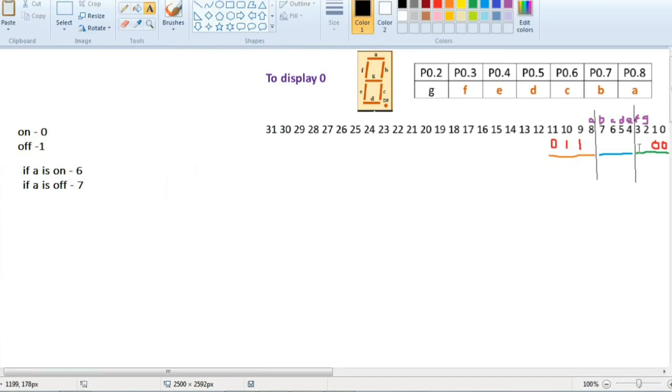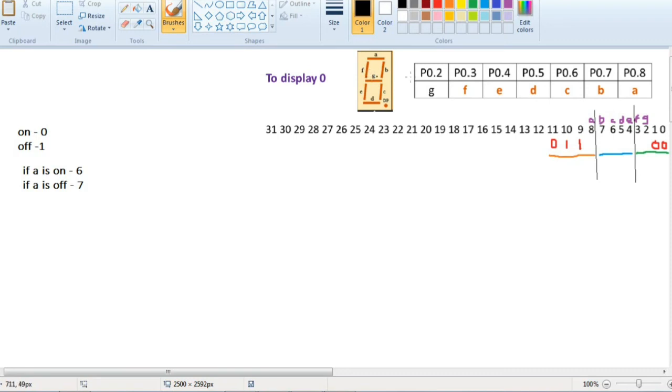In the next one, we have two constants here, so we can make some observations here. 3 and 2 correspond to F and G. In none of the cases are both F and G off. Both off means 1 1, and that will never happen. Try to imagine any combination in which both F and G are off. You will not get any. Either F will be off or G will be off, and the other will be on at the same time, or both will be on.